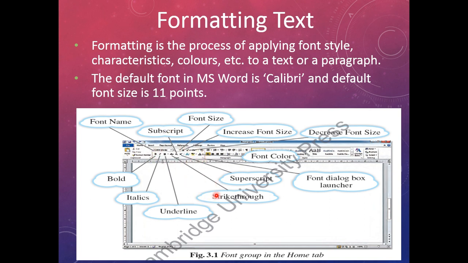All these options will be available in the font dialog box. To open that, you have to click on the small arrow which is present on the font group. This is known as the font dialog box launcher. And more options are there for formatting: superscript, strike through, underline, italics, bold. So we will do one by one.